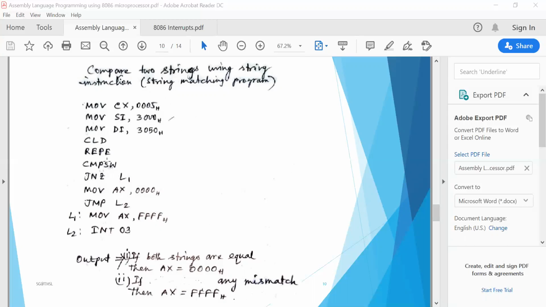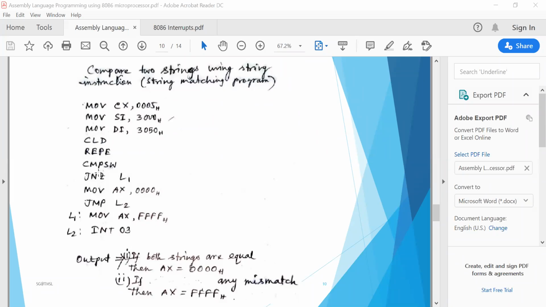It repeats the process until the CX register is equal to 0. Which process? The compare process. Your string words will be compared to each other until CX gets decremented by 1 and reaches 0.